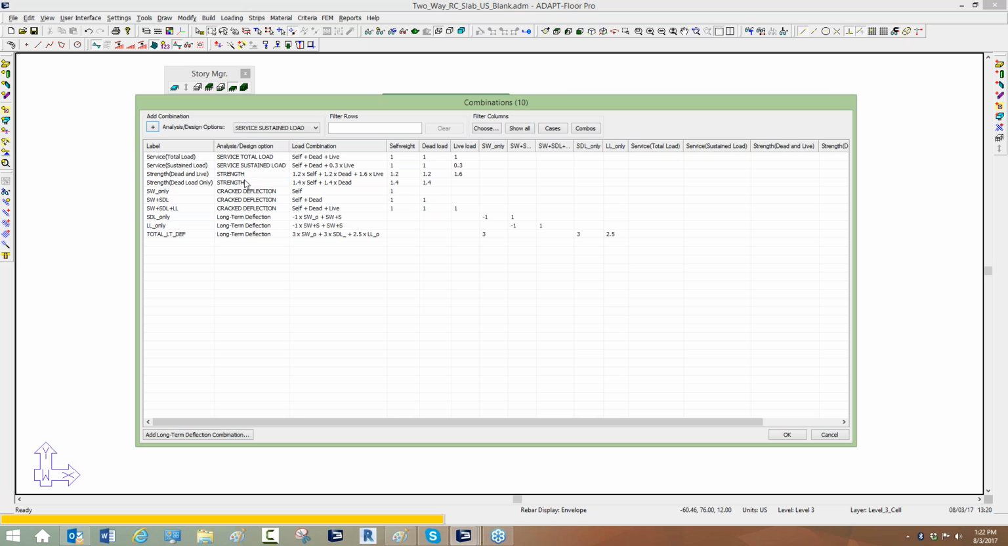For any combination that is set to strength, we have two strength combinations in this example. The program designs reinforcement necessary to meet the factored demand moments at every design cut for these combinations. So it evaluates all strength combinations and adds reinforcement necessary to meet the demand moments for those combinations. There is one condition where the program does not meet